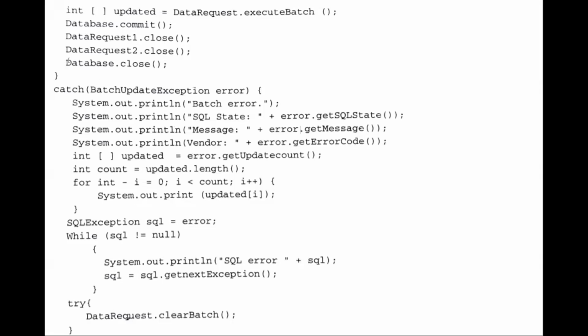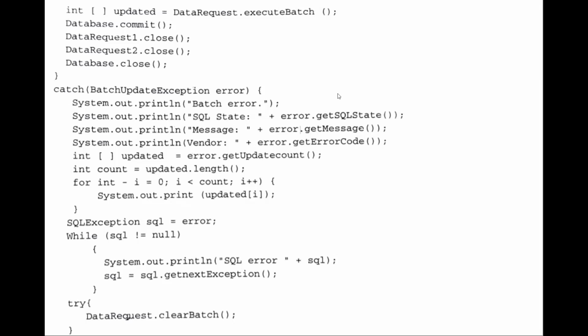If there are errors in the execution of these queries, then an exception is thrown, that is BatchUpdateException. If there is any exception in the execution of the batch statements, this particular exception will be thrown.